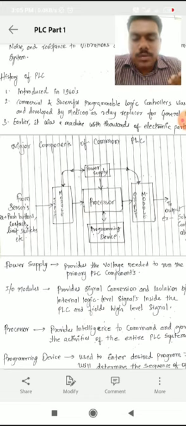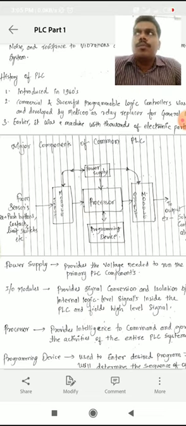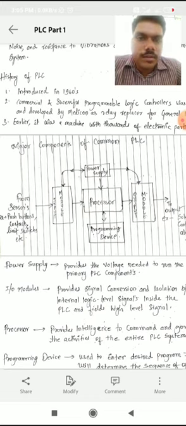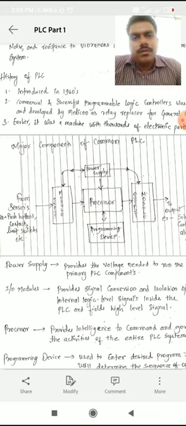The power supply is given to the processor, input module and output module, because they have many electronic components for their operation. It is completely made up of tiny electronic components which need supply, and that supply is given by this power supply.